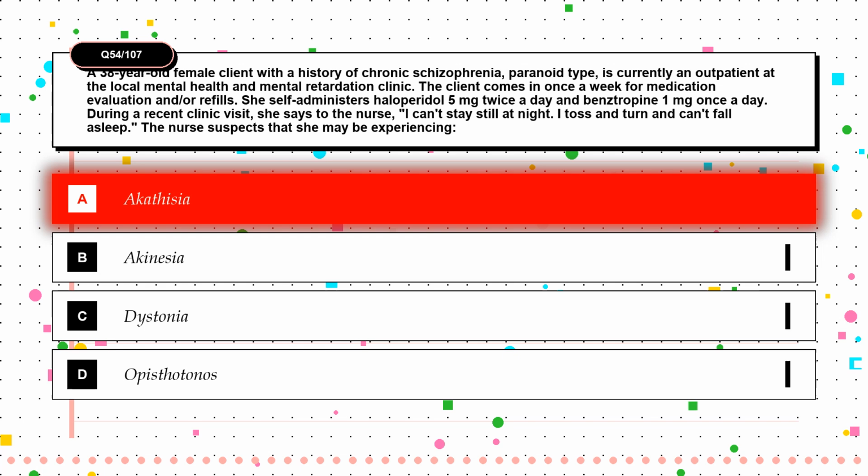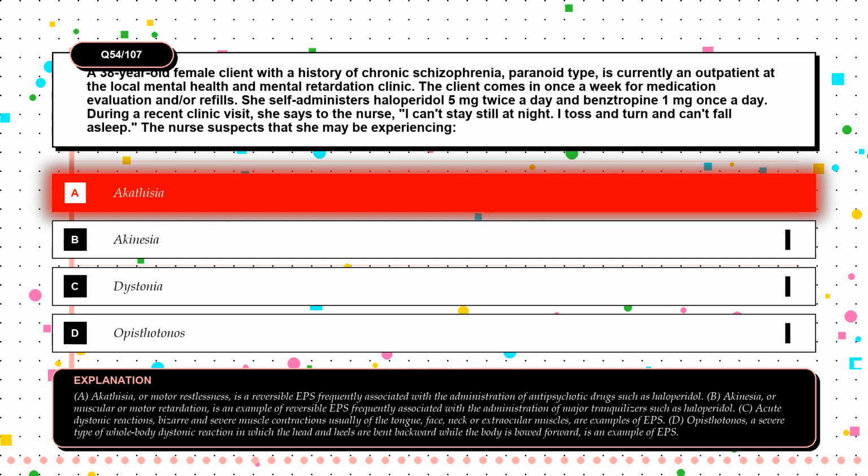The correct answer is option A. Akathisia. Akathisia, or motor restlessness, is a reversible EPS frequently associated with the administration of antipsychotic drugs such as haloperidol. Akinesia, or muscular or motor retardation, is an example of reversible EPS frequently associated with the administration of major tranquilizers such as haloperidol. C. Acute dystonic reactions, bizarre and severe muscle contractions usually of the tongue, face, neck, or extraocular